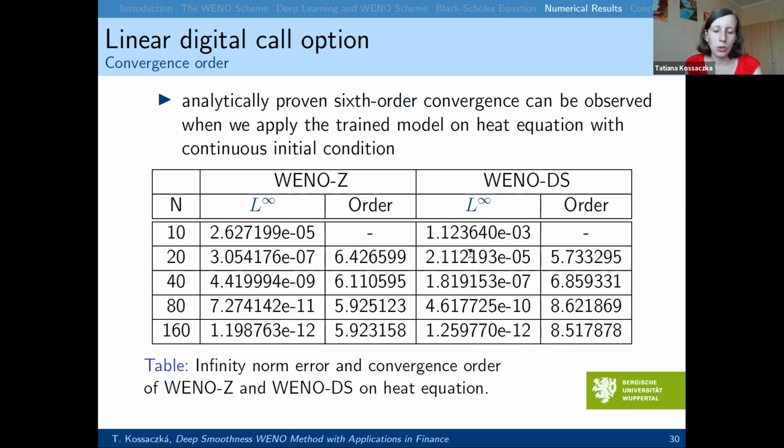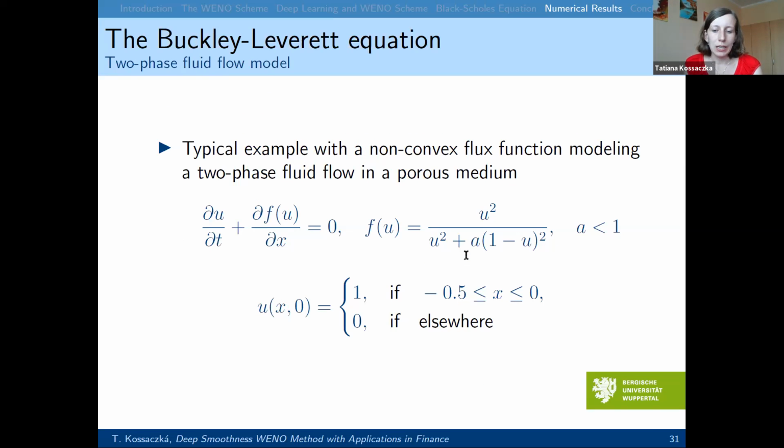And now, just to show you very briefly, what was the part of our piloting research is actually the application to the hyperbolic conservation laws, because this is actually the area where this method comes from. And one of the benchmark problems is the Buckley-Leverett equation. And I will just show on this example another training procedure or another ideas for loss functions. Maybe this is interesting for some of you.